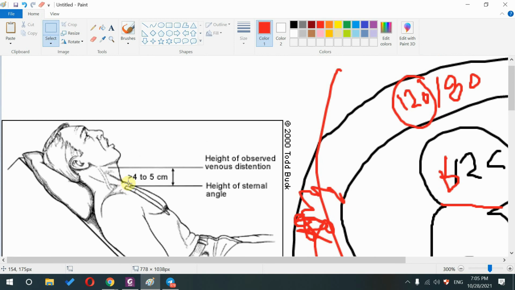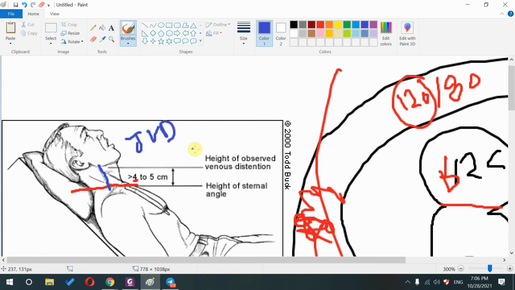At the top of the sternum, there is the manubrium. And exactly at that point, you draw an imaginary line. And then you take a look at that JVD. You see how high it is. If it is more than 3 to 5 centimeters high, that's diagnostic of JVD, jugular venous distension,